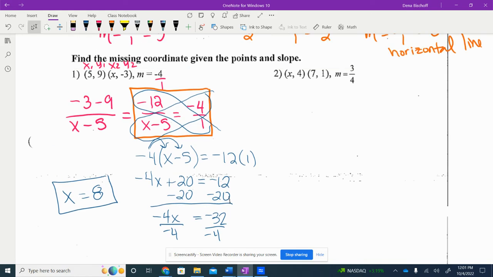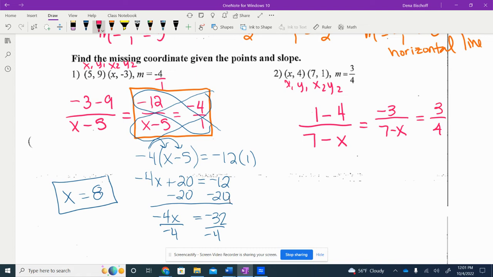Okay, let's set it up again. So x1, y1, x2, y2. y2 minus y1, 1 minus 4, over x2 minus x1, 7 minus x. Can we simplify that at all? Sure we can. What's 1 minus 4? -3. So I have -3 in the numerator over 7 minus x in the denominator, and it has to equal